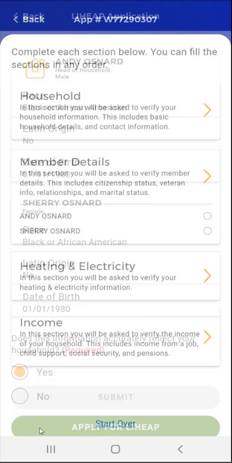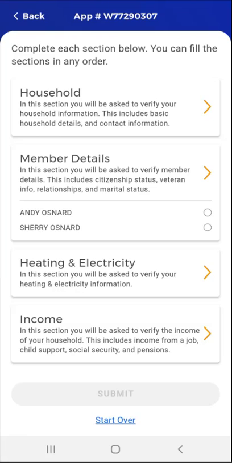The LIHEAP application screen will appear. The screen has 4 sections to complete: household, member details, heating and electricity, and income. At the bottom of the screen, the user will see a Submit button. The sections can be completed in any order, but the Submit button will remain grayed out until all sections are